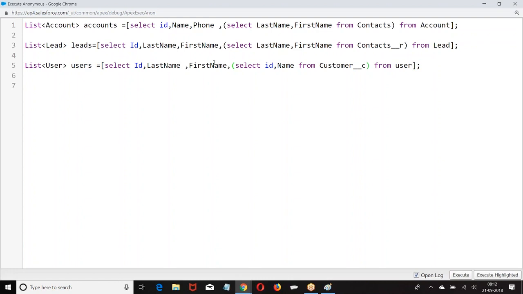These are the only three possibilities of standard fields. Apart from this, we can't get any other. What is that? Owner ID, created by ID, and last modified by ID. Using those three fields, you cannot form a SQL query here. So this possibility is removed. What possibility? Standard object, custom object, connected by standard relation.